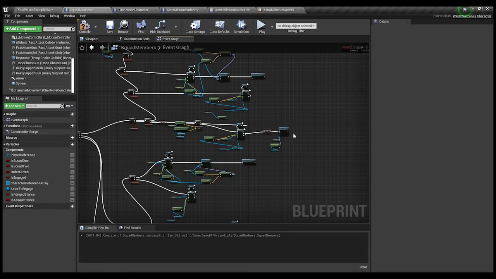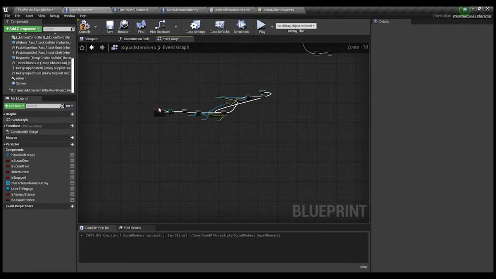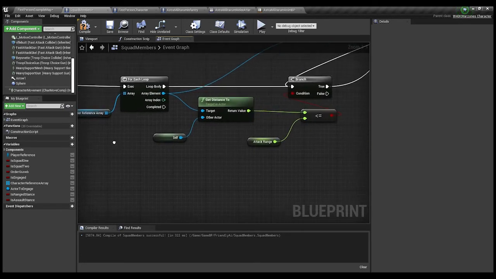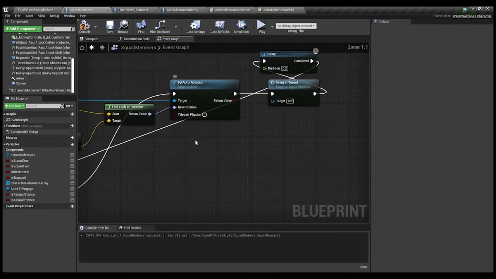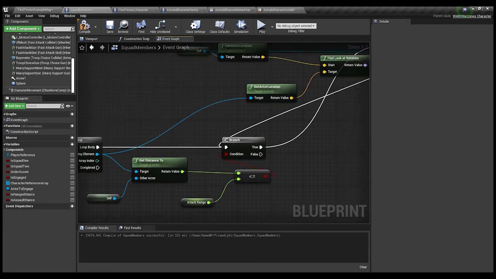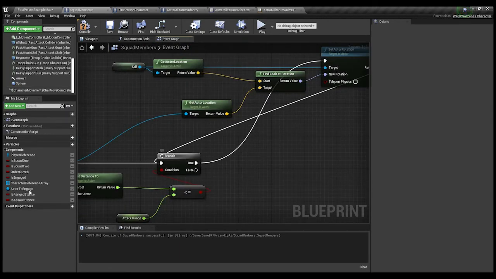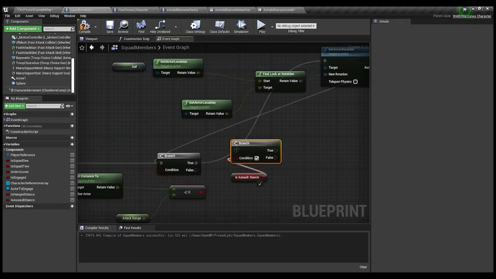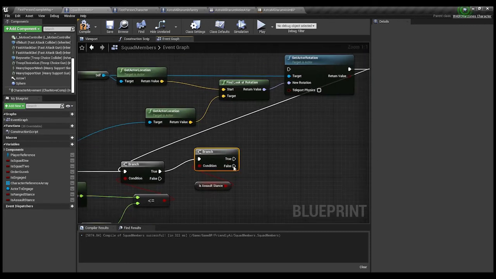That said, is there anything else that I need to add? If is assault stance, well, I guess we could do the pawn sense. Well, order is given is set to false. Select a rotation, fire a target. Yeah, we gotta do that. Check is assaulting, make sure if it's true or not. On false, we do that. On true, yeah,